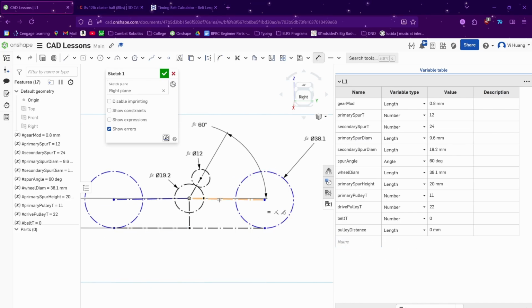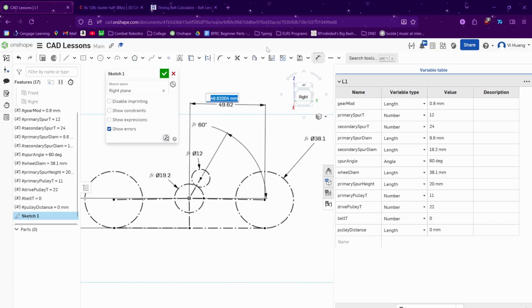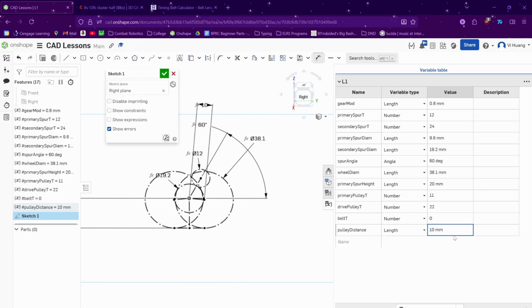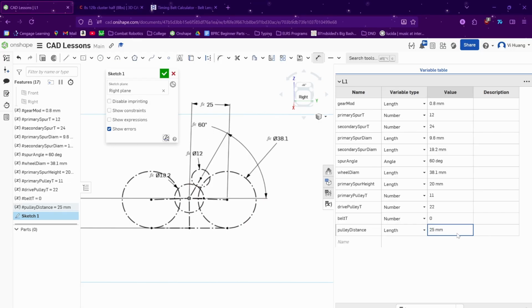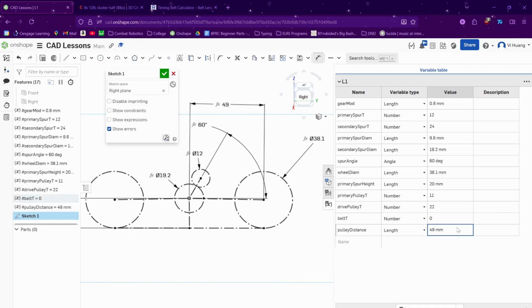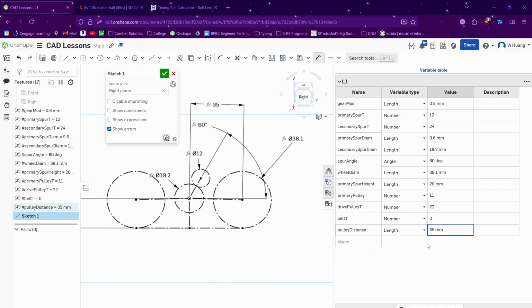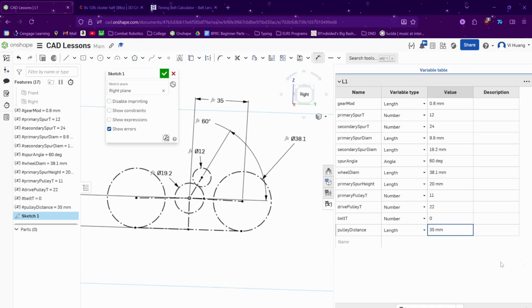So pulley distance and an ideal length. Let's start with something like 35, maybe. Seems like a usable amount. Maybe I want a bit more clearance. So let's start with an ideal of 40